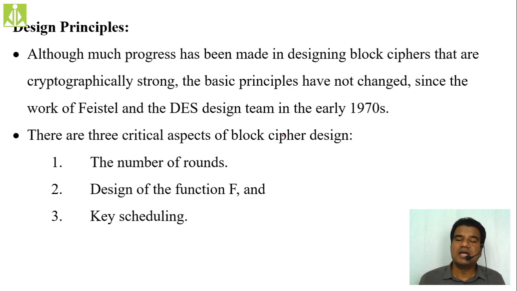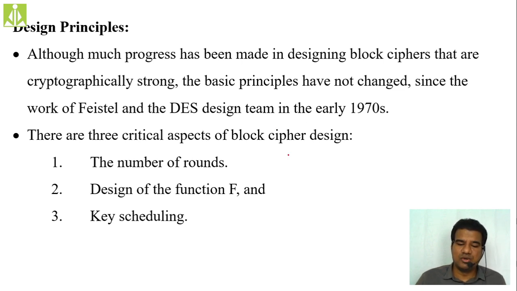Next, the second thing, the design function, the cryptographic function, this is also going to play a vital role. What types of permutations, transpositions, and substitutions you are performing under this cryptographic function, that also we have to focus on. And the last thing, the key scheduling. As I said, the key we have selected, we are not giving that key directly to the encryption process. Rather, from that key, we are going to generate round keys. That we will see when we discuss the examples of these cryptographic systems.